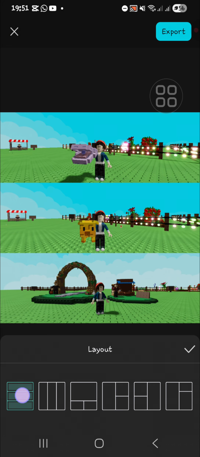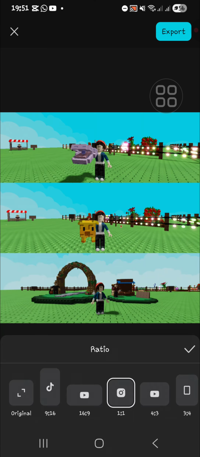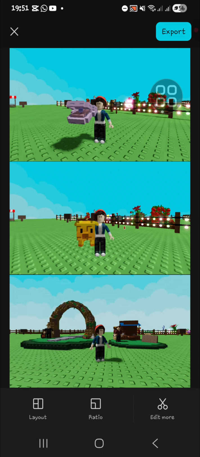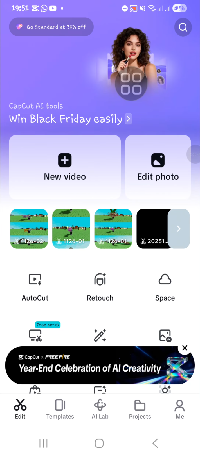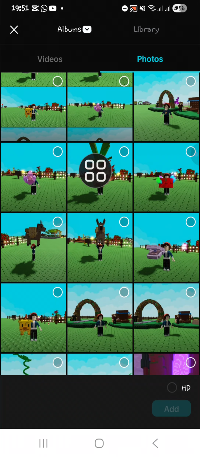I'm going to choose this layout, and then we're going to change the ratio. For the ratio, I'm going to choose 9:16 ratio. Okay, and you can create another collage guys, but I'm just going to use the same collage for my video. Okay, done. And then I'm going to create new project, video project, and we're going to import the photo collage